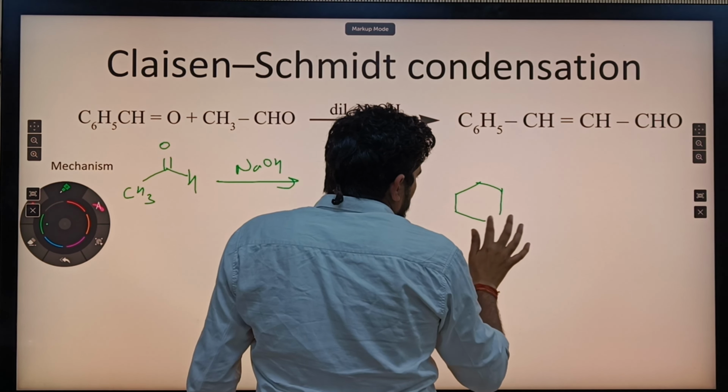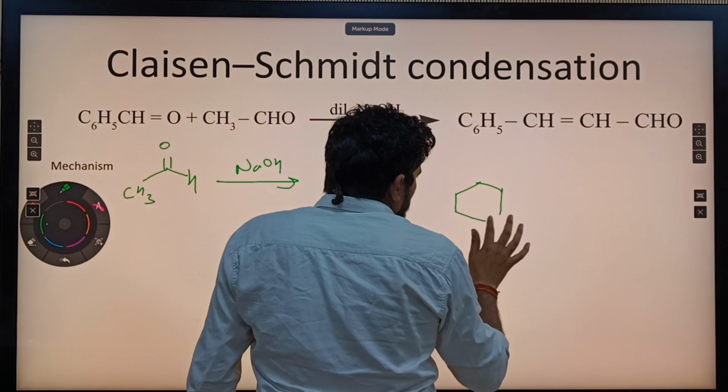The OH negative has to attack the carbonyl group, because in benzaldehyde there is no alpha hydrogen for the OH negative to extract to make the enolate. So we have to make the enolate from the acetaldehyde, not the benzaldehyde. Then the enolate of the acetaldehyde attacks the benzaldehyde carbonyl group and makes